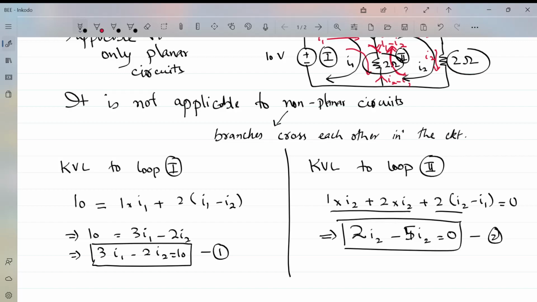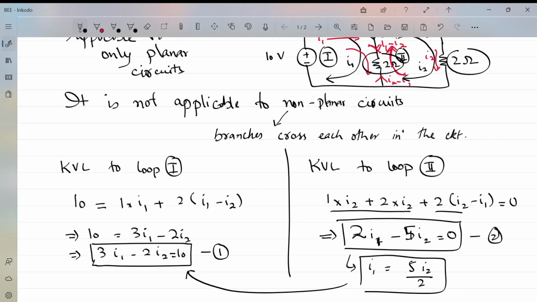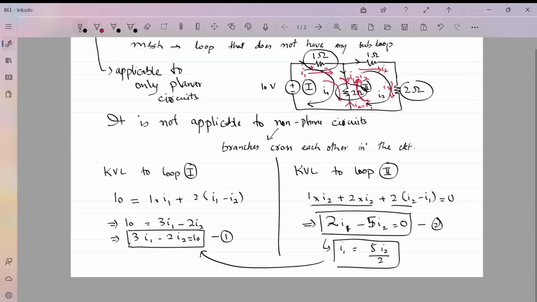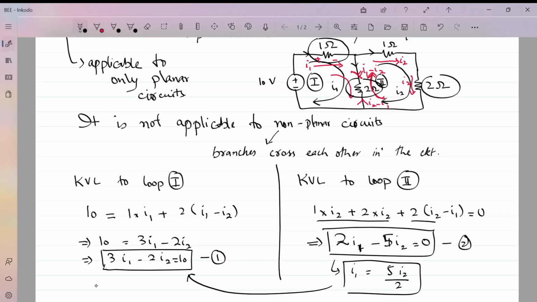So we have equation number 1 and equation number 2. From equation number 2, we can say I1 is equal to 5I2 divided by 2. This is the value of I1. We can substitute this back in equation number 1. So once we substitute it back here, we get 3 into 5I2 divided by 2 minus 2I2 is equal to 10,